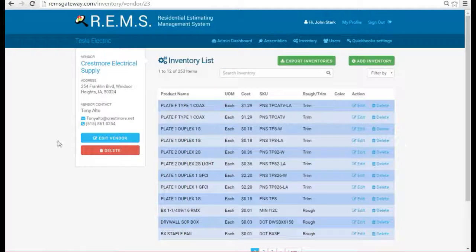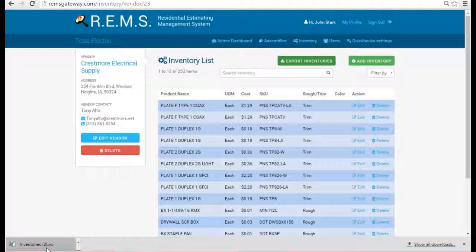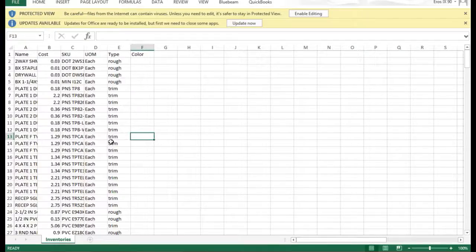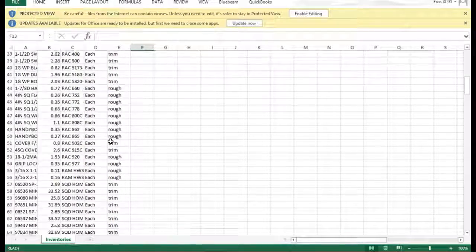Once we've done that, the last thing that I want to show you that's important is the exportability. With export, we have the ability to export that entire list. So you can see right here that it's downloaded back over to me, and if I were to open that up, it gives me that list back. The great thing about this is